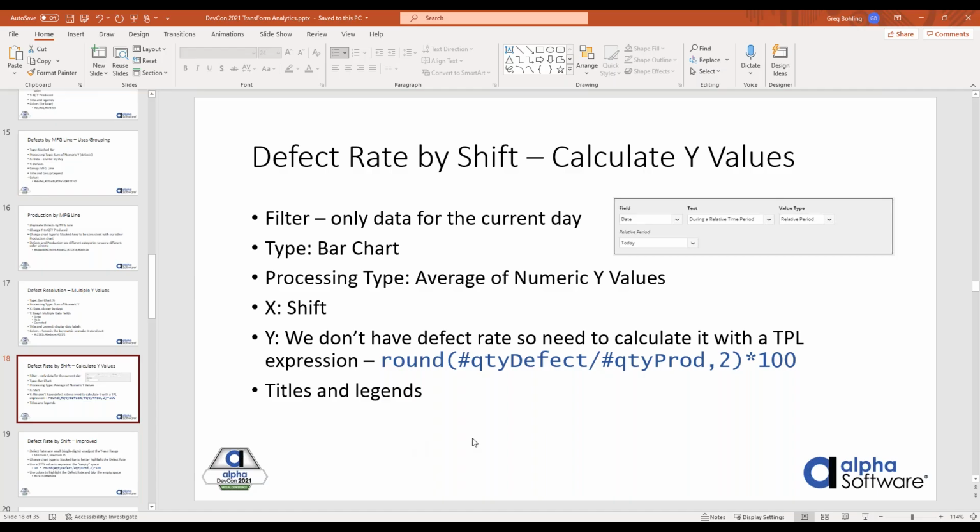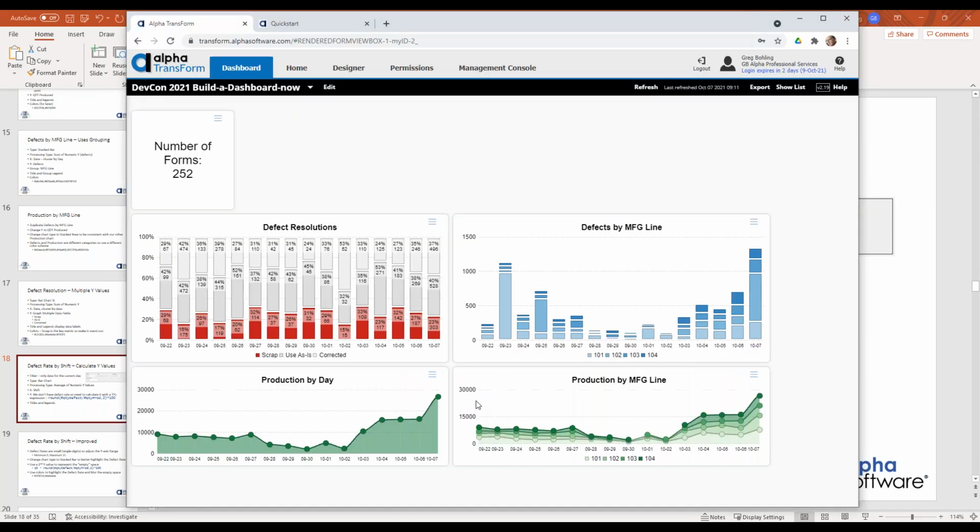So there's two new features we're going to show here. One is, well, three really. We're going to calculate our Y value because we don't have defect rate. We're going to filter at the tile level in addition to the dashboard level. And we're going to change our X from date. This will be the first tile that we don't use a date for our X value. But I think it's useful to know that it doesn't always have to be a date. So I'm going to make a new tile,